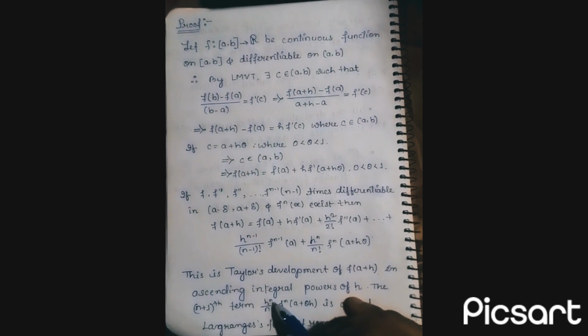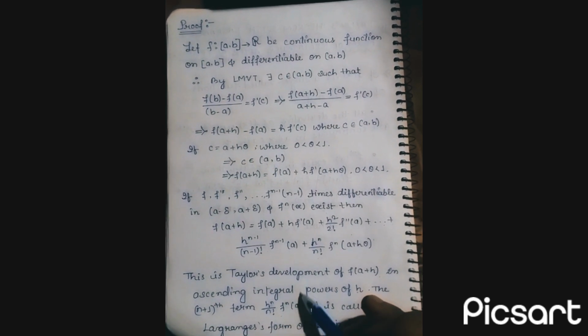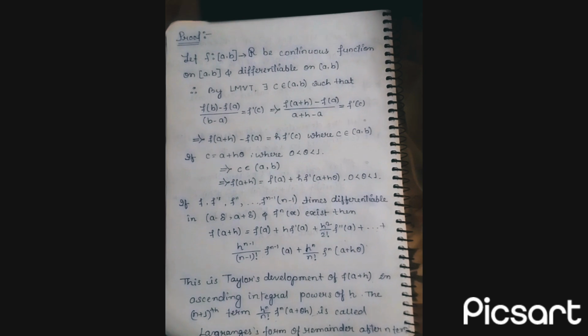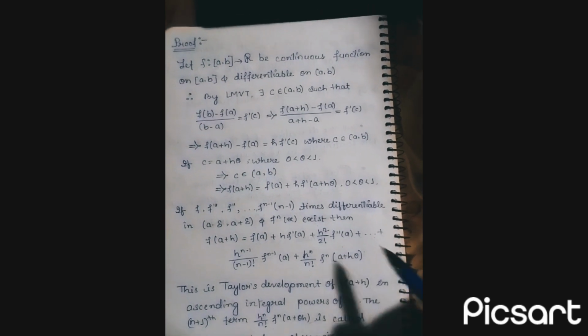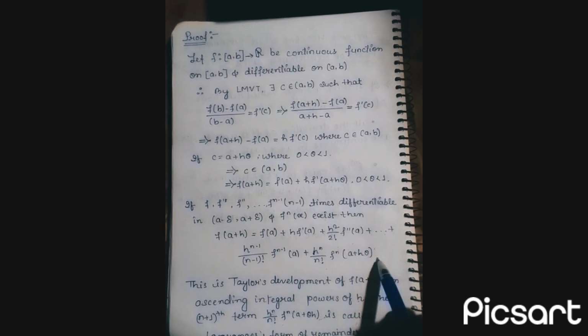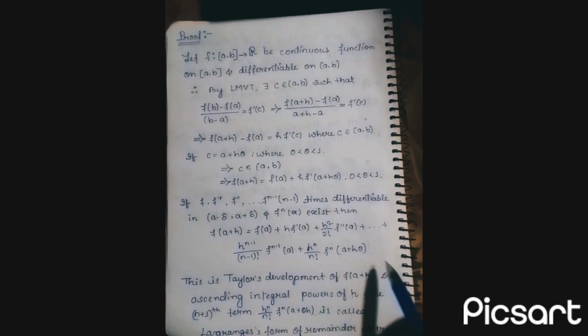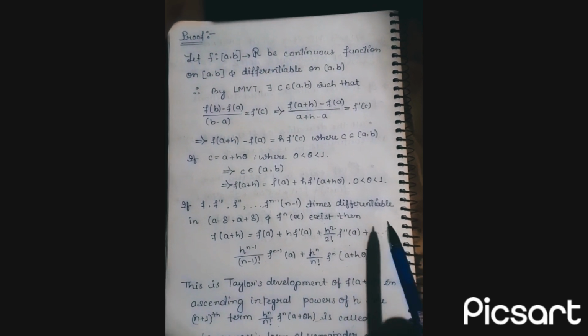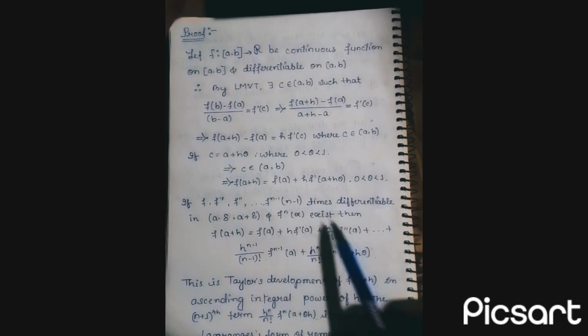The n-th term h^n by n factorial f^n(a + θh) is called Lagrange's form of remainder after n terms। तो ये जो h^n by n factorial f^n(a + hθ) है, ये क्या है? ये तुम्हारा Lagrange's form of remainder after n terms है, जो कि f(a+h)